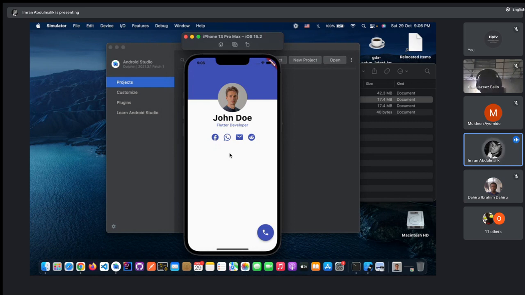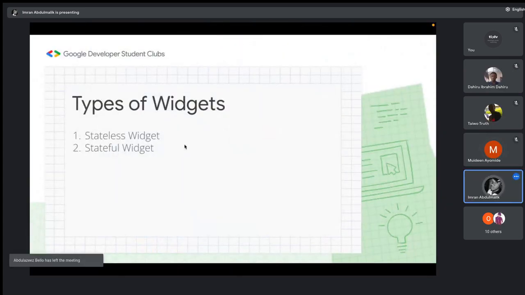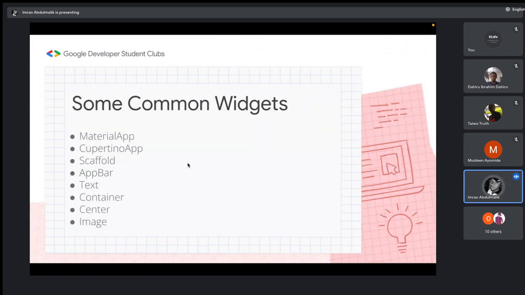Why? Because when you're switching from stateful to stateless, you are kind of losing the state, right? Don't worry, that might not really make sense for you now, but when we get there, you will see that. But the important thing here is that it's very, very important for you to decide what kind of widget you want to use from the onset, right? Is it a stateless widget you want to use to implement that feature? Is it a stateful widget you want to use? And depending on whichever one you choose, there is a cost of efficiency there. All right, so that is it for our basic introduction to